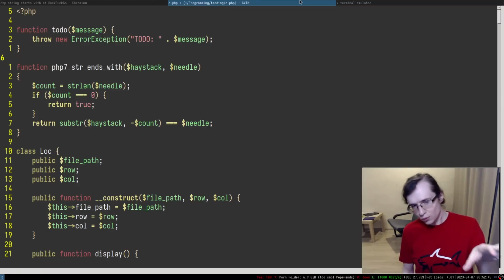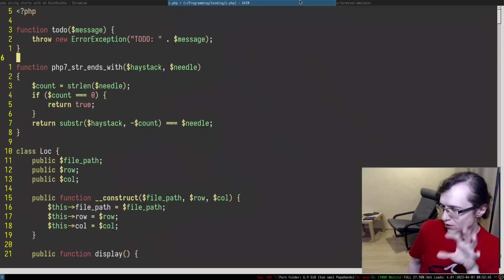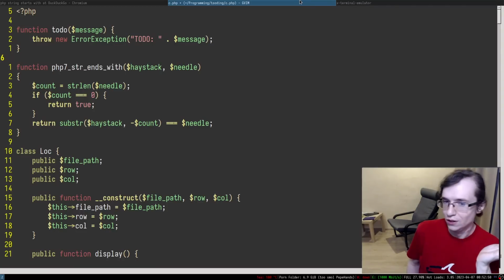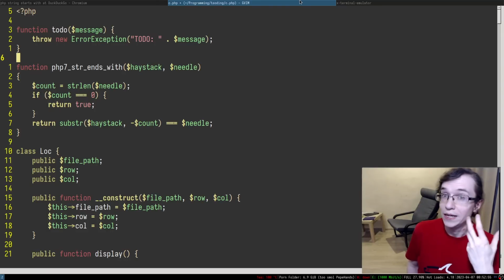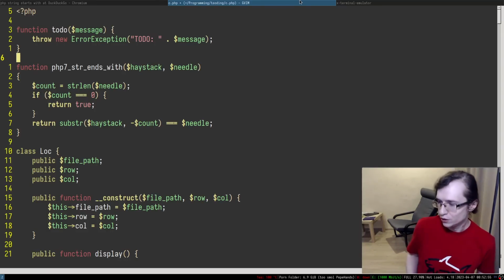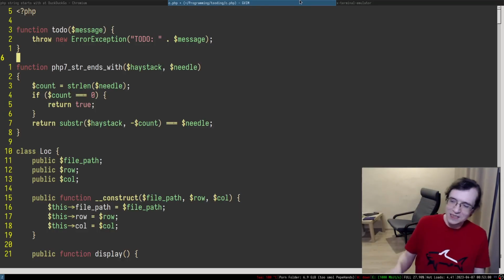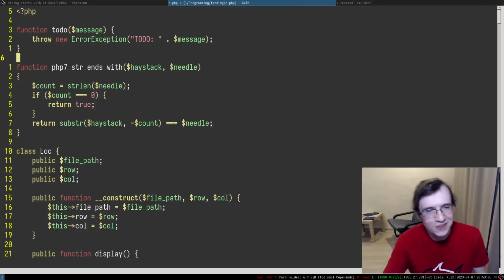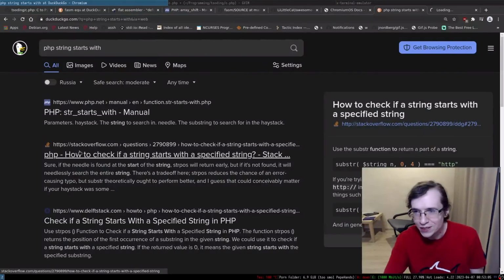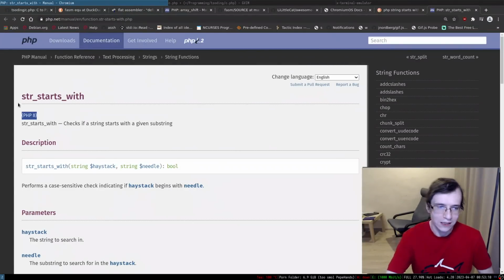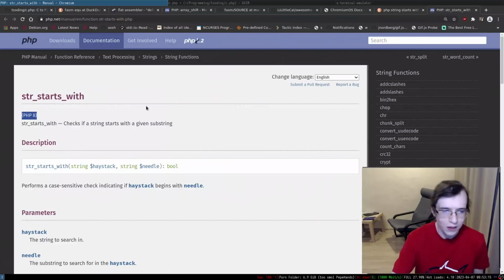The reason I added PHP 7 ends with is because PHP 7 simply doesn't have str ends with. It was introduced in PHP 8. So I had to backport it. This is a polyfill, a PHP polyfill. I'm pretty sure we have a similar thing with str starts with. It was introduced in PHP 8, as you can see. Damn it, there's nothing I can do about that.